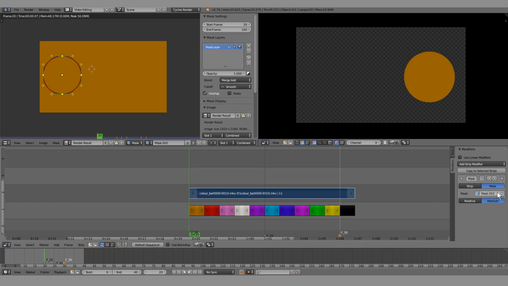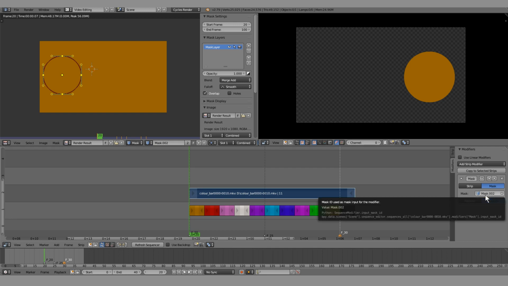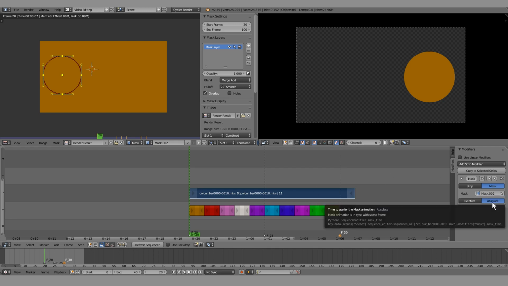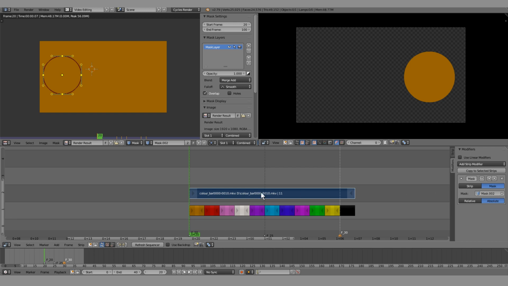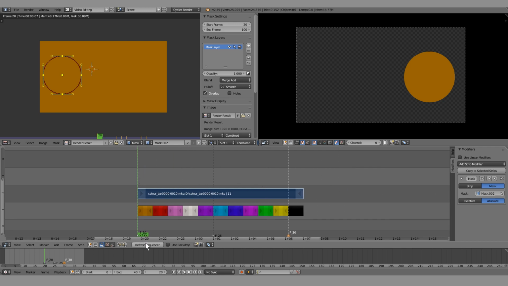Remember that applying absolute here doesn't make this an absolute mask. It's just a case of making your mask here and then saying I want to actually display it for this strip as being absolute or relative, so absolute in this case. So let's look at this. And to get this set up like the original,